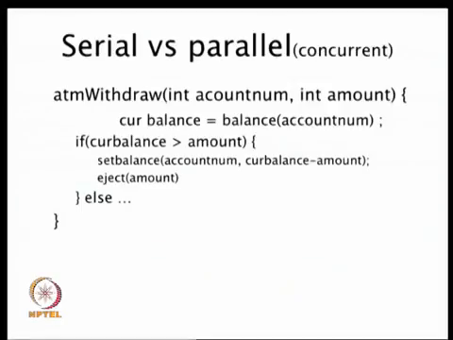Race conditions, right. So, we have two ATMs, right, and you go and query on both ATMs for the same account number, because you can get multiple ATM cards for the same account, and you say current balance is equal to 1000 rupees, right, and you say okay, I can withdraw 500. Both of them check that current balance, which is 1000, is greater than the amount I am withdrawing, which is 500. So, they set the balance to 1000 minus 500. So, the amount in